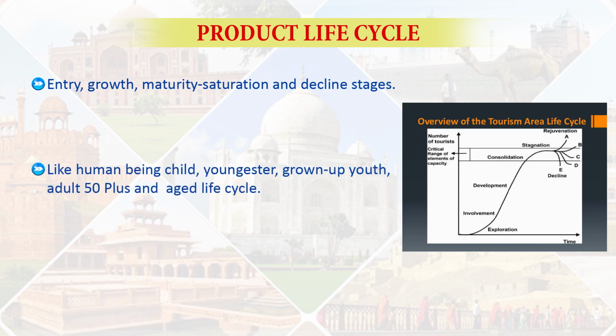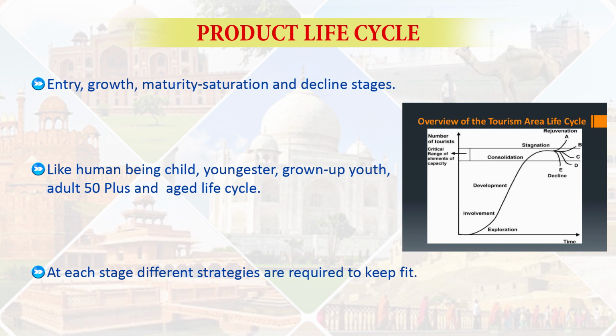It is like human life. When a young boy is there, he may require different facilities and amenities. Mother may protect, father may protect, and then as the young boy is growing up, he may have different requirements. When he becomes an adult, say 20, 25, where the maximum outcome is there, his requirements may be different. Different strategies or tactics would be required. When he becomes 50 plus, this is called the saturation age, and afterwards the declining stage. The declining stage is also very important. You have to have a different strategy.